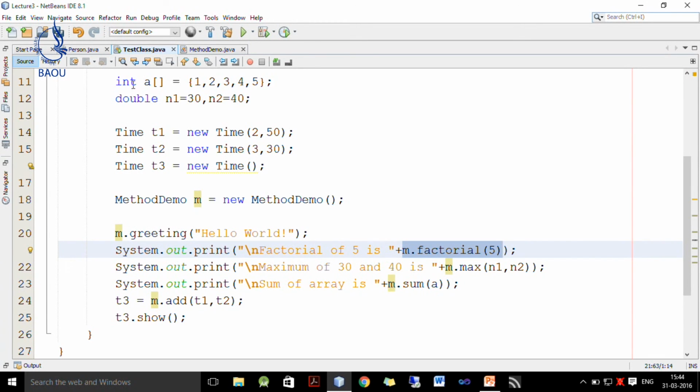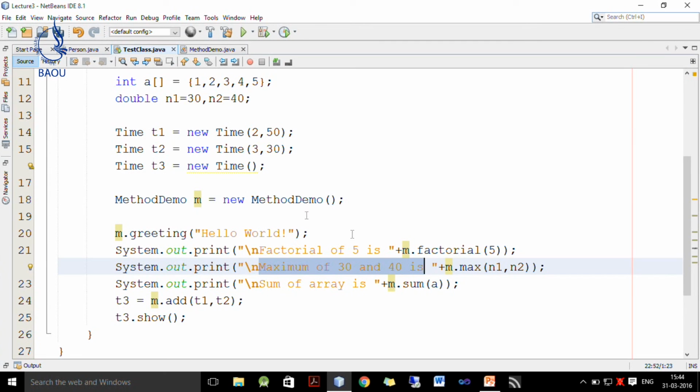Then we have already declared two double variables. So, we write "maximum of 30 and 40 is", with the values of n1 and n2, and this max method returns the maximum of these two values, which we initialized to 30 and 40. So, "maximum of 30 and 40 is 40" will be displayed.